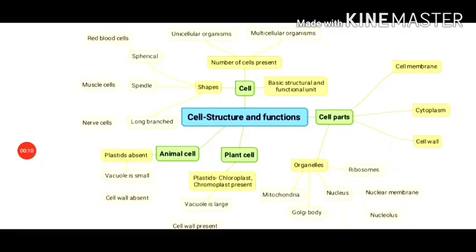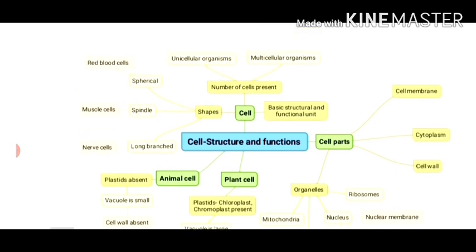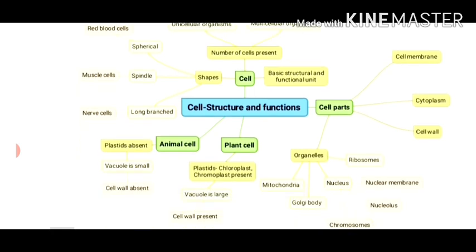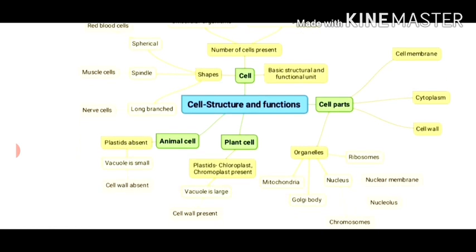and Functions. In the previous video lecture, we learned about cell and its discovery. Also, we classified organisms into two categories on the basis of number of cells present in them. Moreover, we learned about the various shapes of the cells and also we studied size of the cells. In this video lecture, we will be learning about the various parts of the cells and difference between plant cells and animal cell.